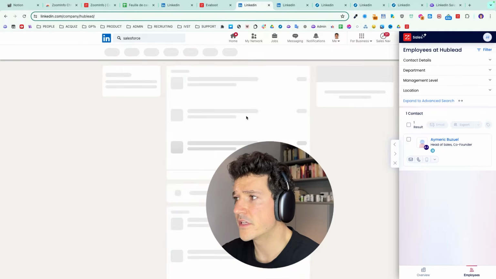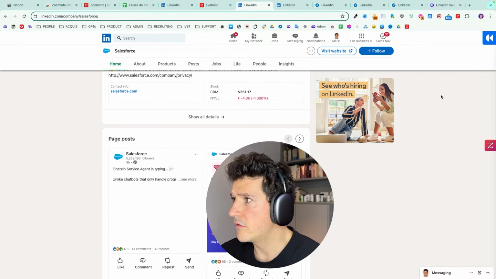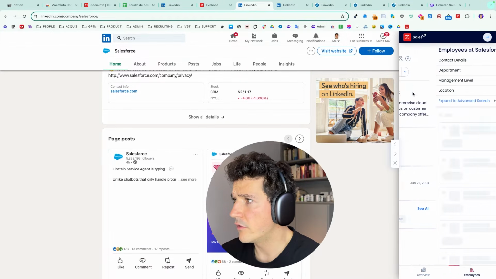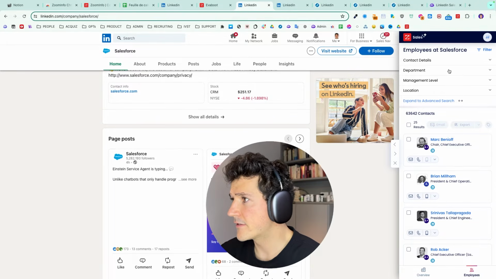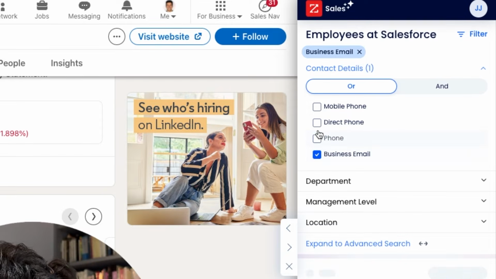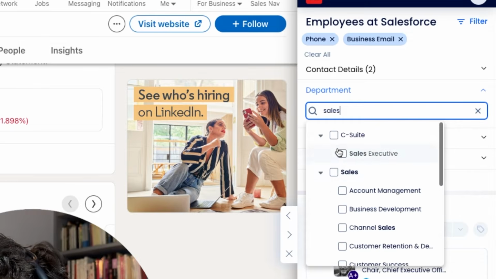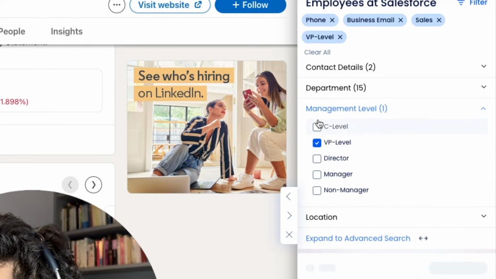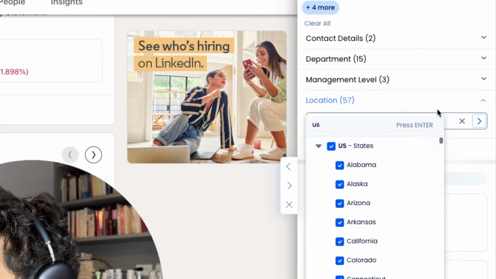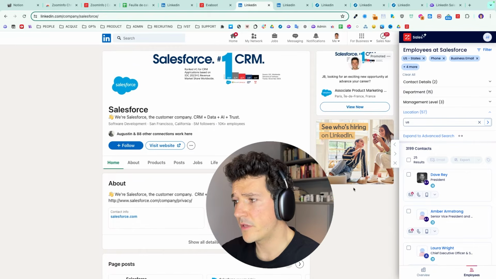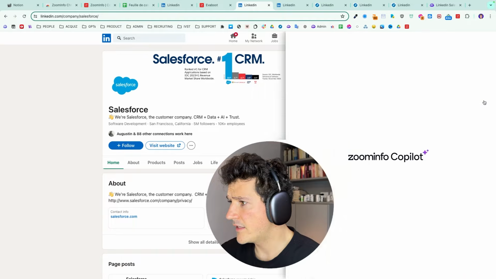Like if I go on a Salesforce page, you will see that I can activate the Zoominfo extension, click here on employees. Then I can add filters on this list. So let's say same thing, I want people with business emails, phones. I want to target people in the sales department, management level, C-level, VP, and directors. And I want them to be located in the US. So directly from here, the LinkedIn company page of Salesforce, I built a list of qualified leads I can contact,